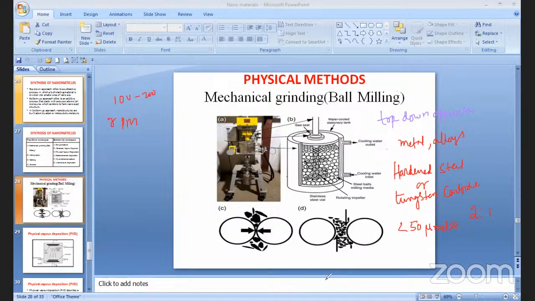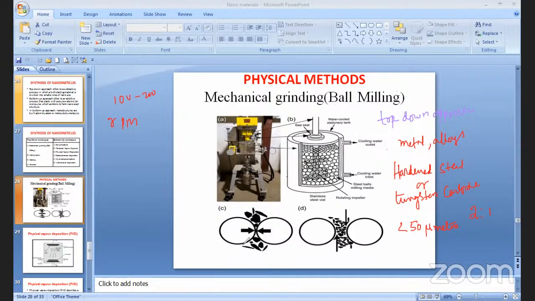Generally, the containers have a horizontal axis. They will be rotating on their own axis. Whenever they rotate, these balls will come and fall onto the material, and they will make it smaller in size. So after closing this container, what we do is,